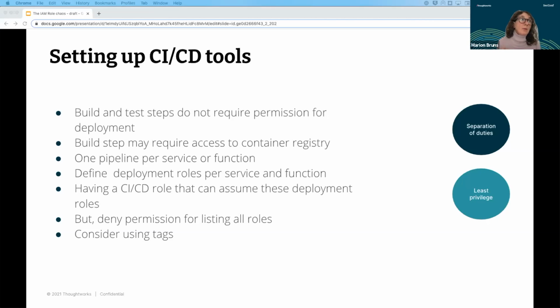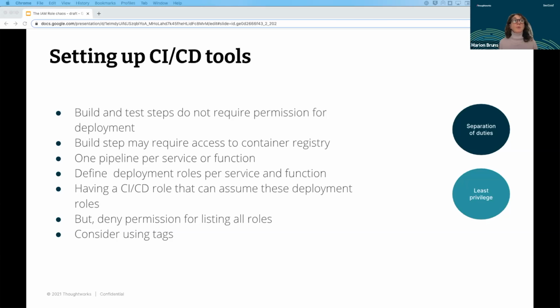The build step may require access to your container registry. But when you start implementing your pipeline and think about the policies and roles you want to apply, think again about least privilege and separation of duties. Again, you don't need the full-blown access for that particular role that is running the pipeline.